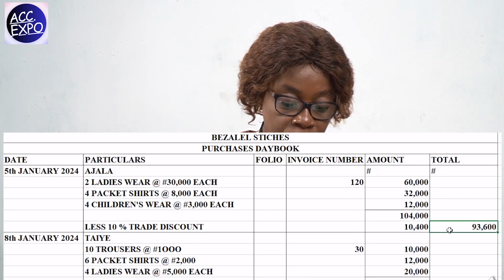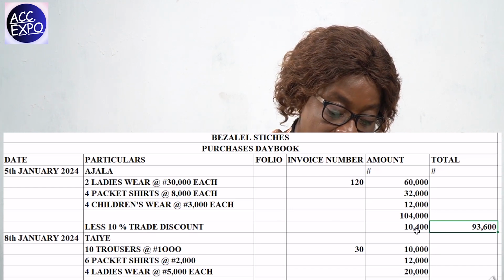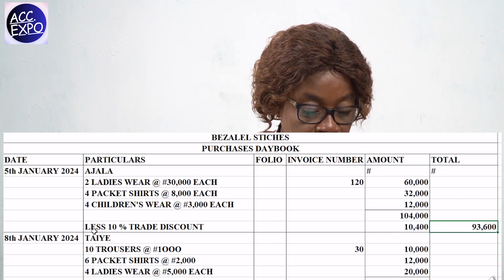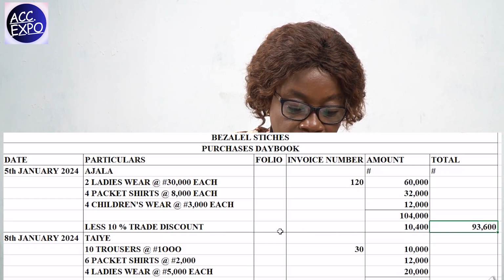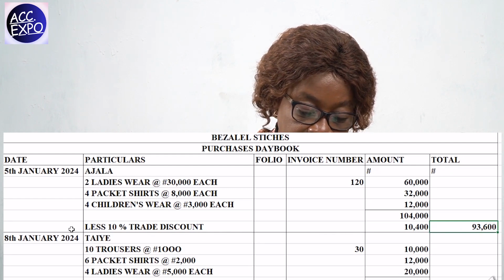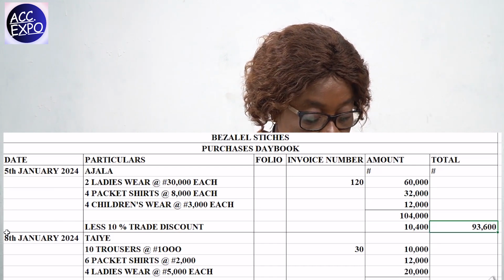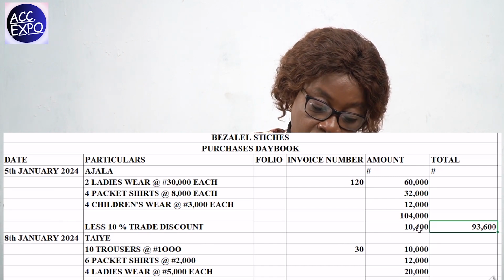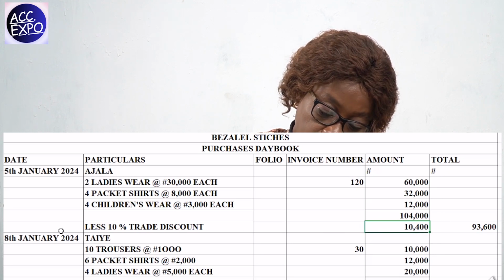So it's necessary that one supplier's transaction is demarcated from the next person's transaction. So a line will be drawn across the particulars column and the amount column, leaving the total column blank. No line will be under the total column because we are still going to add each of the suppliers' net value